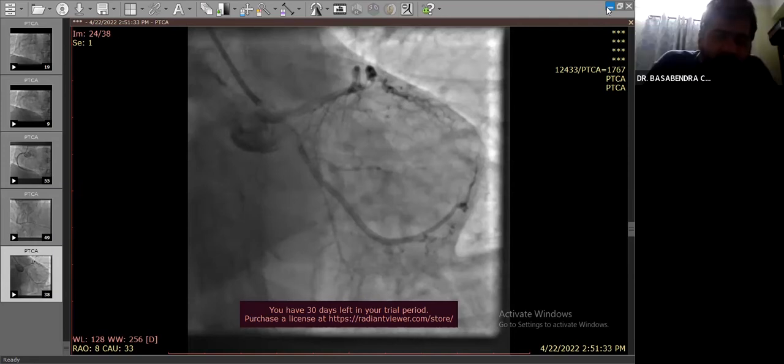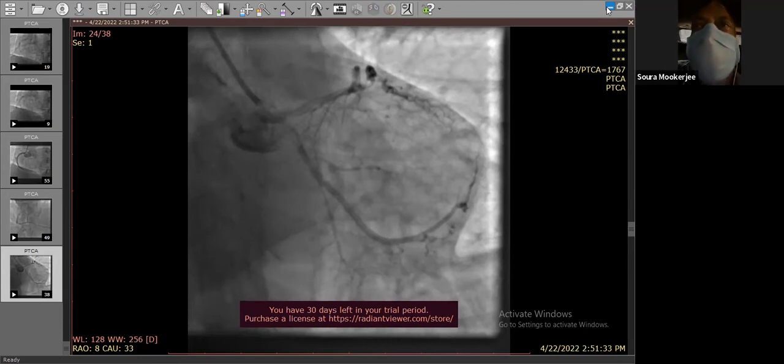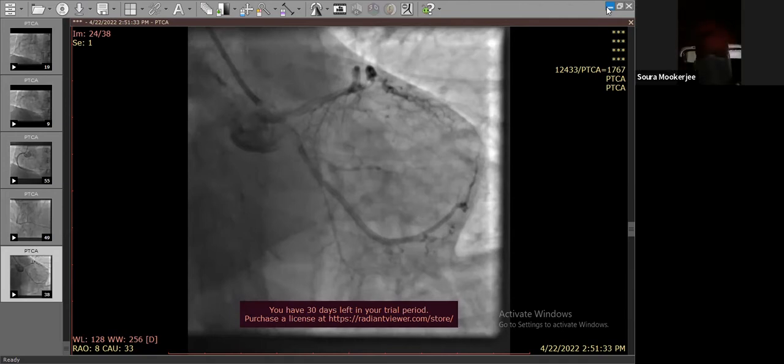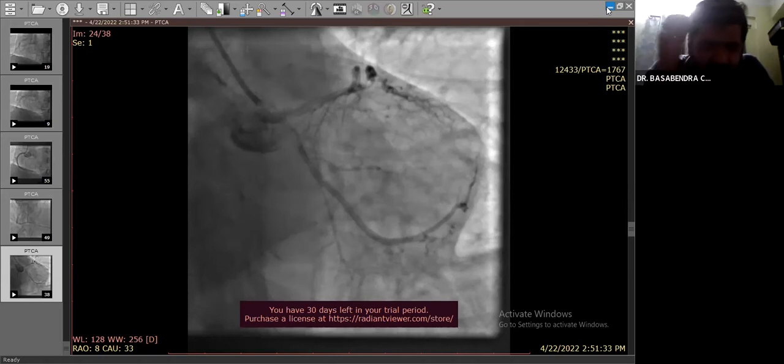Actually, the first check shot was done just after the retrieval. So at the end, we just wanted to make sure that there was no injury to the LAD. Basically, the tip from the left main was in the LAD, because the balloon was inflated in the LAD. The left main had a fair caliber, but the LAD proximal part was diseased. And at that point, we had inflated the balloon, although at a low pressure.